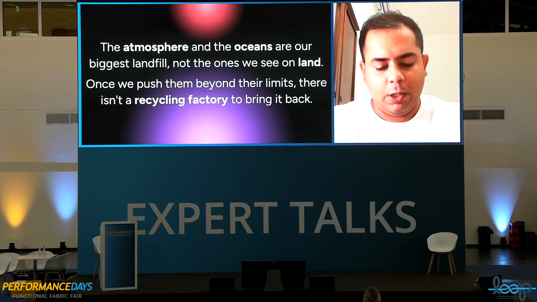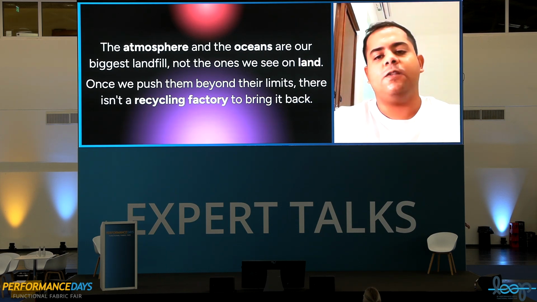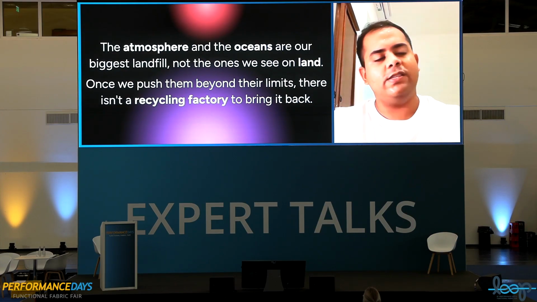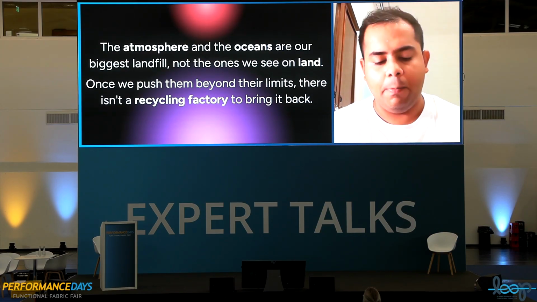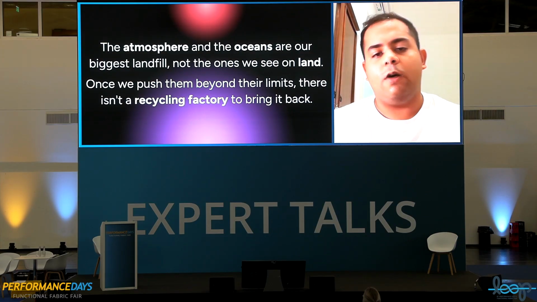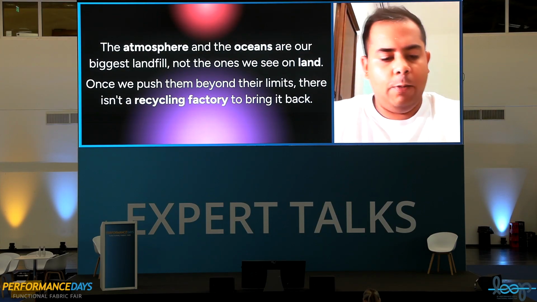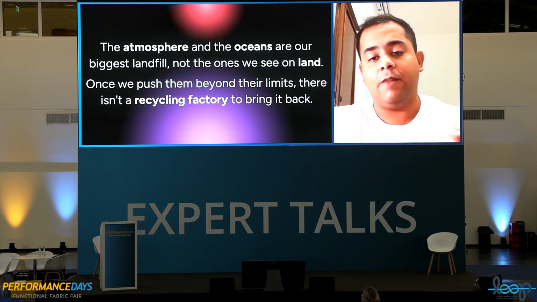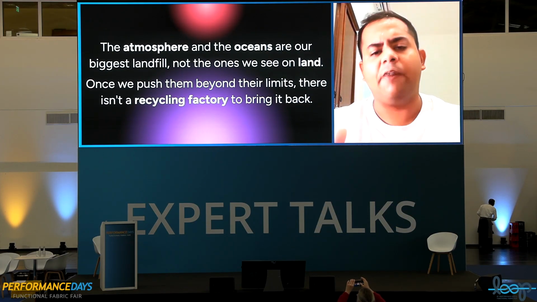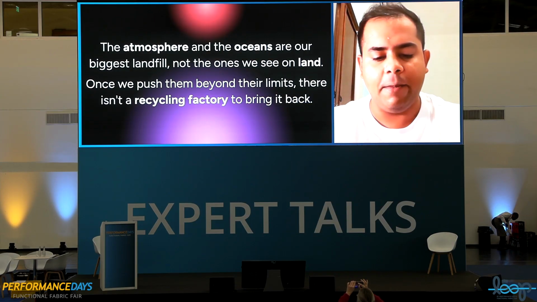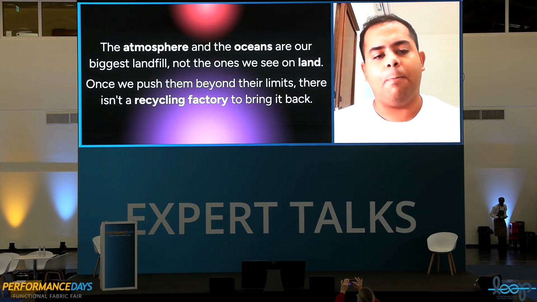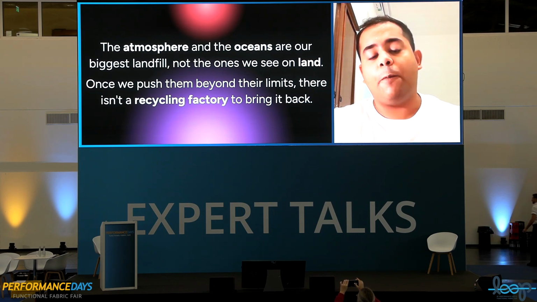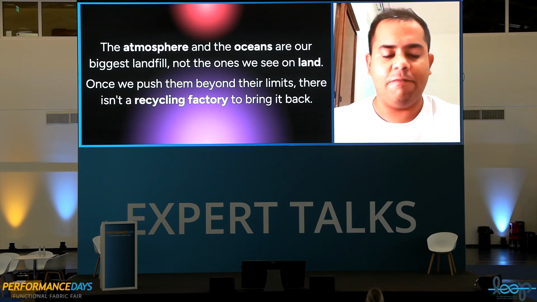But if we were to look at waste overall, the atmosphere and the oceans are our biggest landfills, not the ones we see on land. By no means. We're seeing 92 million tons, 100 million tons, whatever the number be. If you were to just look at the emissions of the industry, we looked at 944 million tons for the overall apparel industry's emissions. 20% of that was just overproduction, which is 188 million tons. Let's round it up to 200 million tons. So the fashion industry, just the apparel side, makes up 1.78% of the global emissions. So the overproduction part makes up 0.356%.